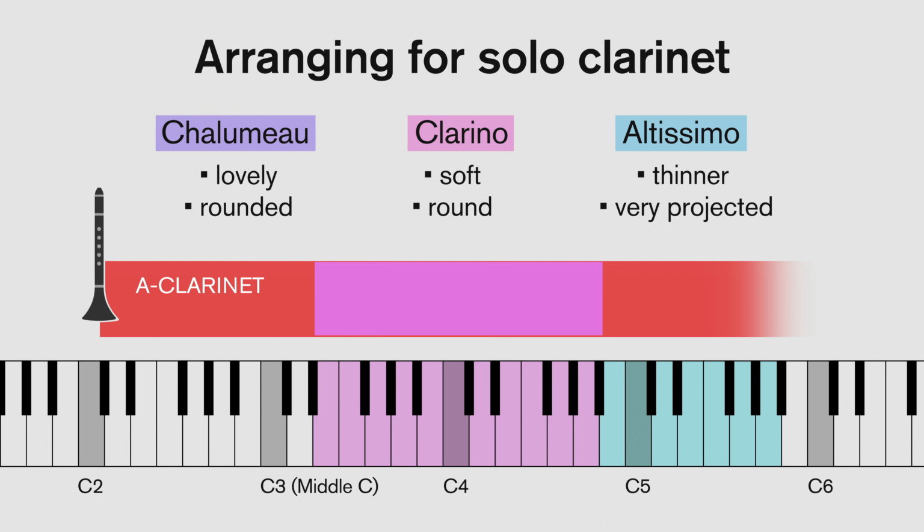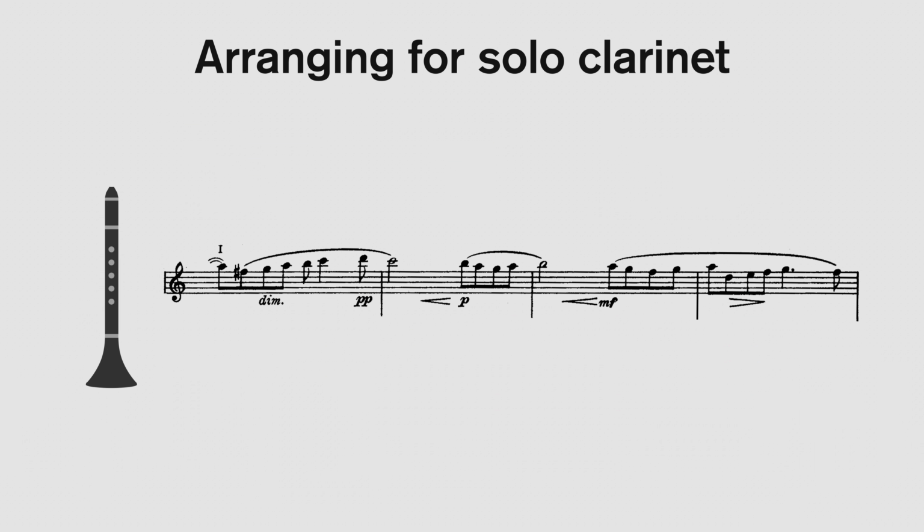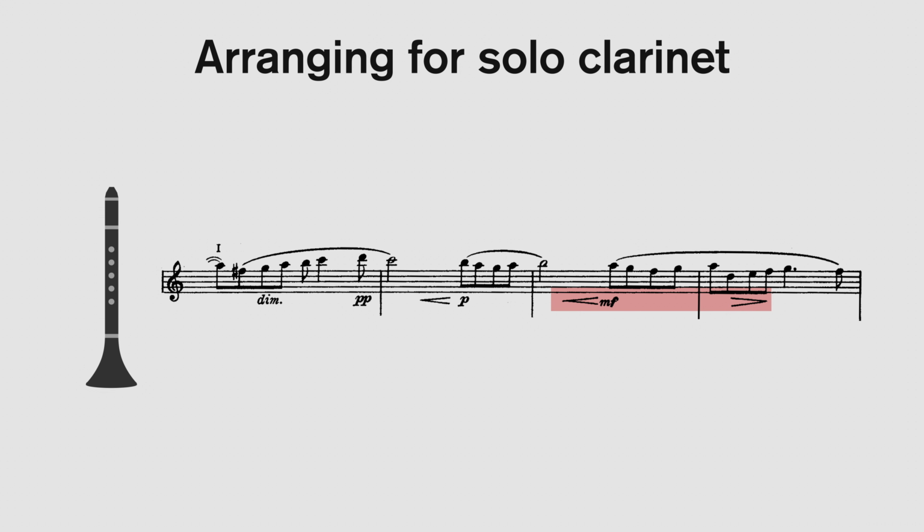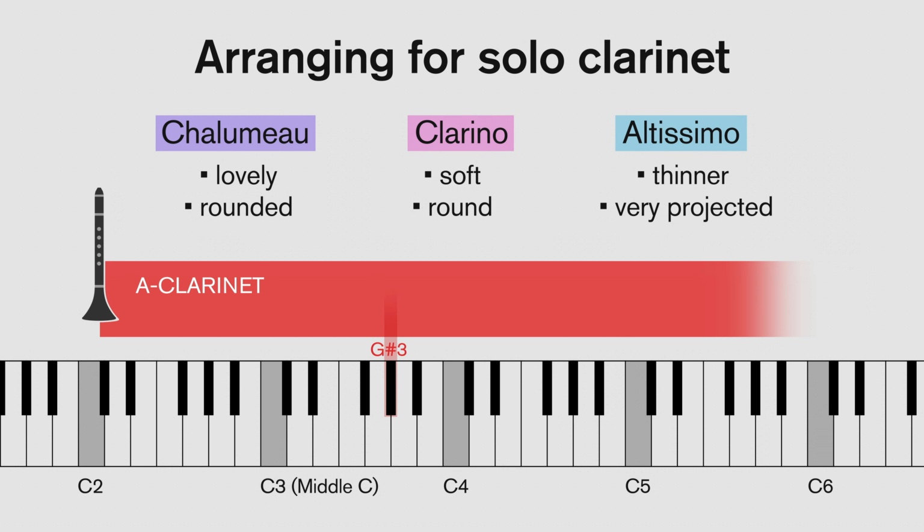It's wonderful long phrasing. Rachmaninoff has the clarinet oscillate between softer and slightly louder dynamics, and you can hear the slight change in the clarinet from around mezzo forte and above, where a bit of that reediness and brittleness is introduced to the sound. The solo also stays within an octave and a third, from a sounding MIDI G-sharp 3